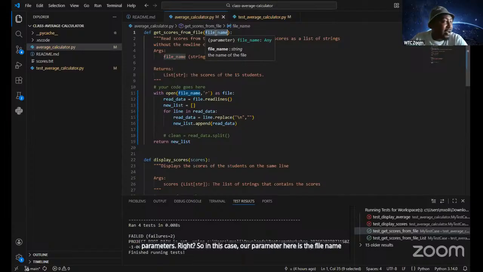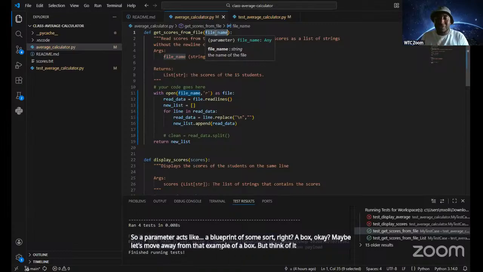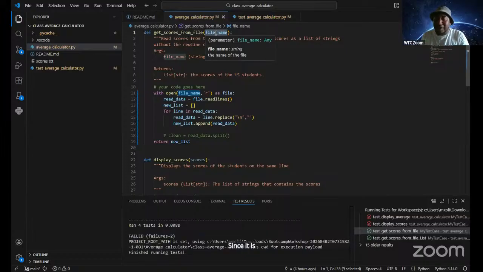A parameter acts like a blueprint of some sort. Since it is a parameter, some sort of variable, it can hold whatever is going to be in there.